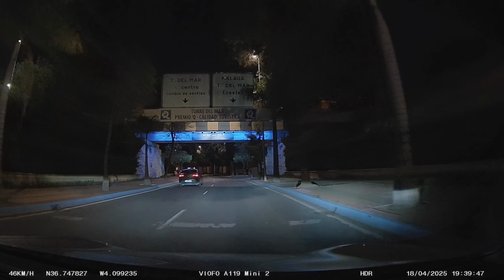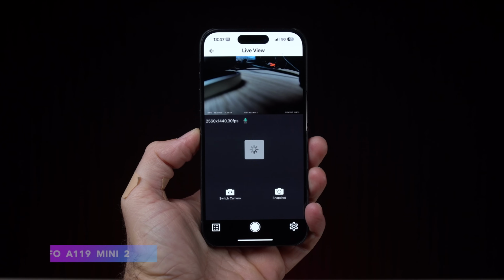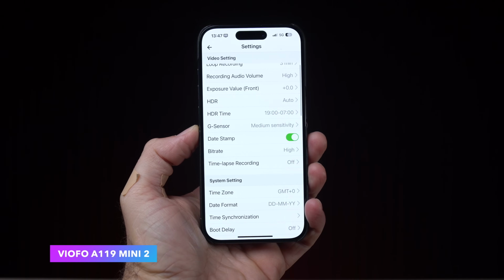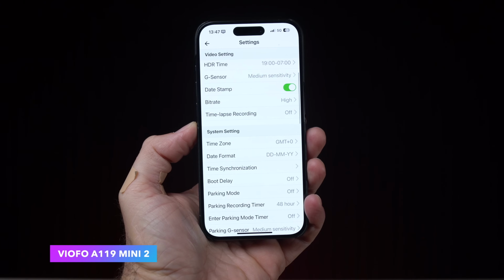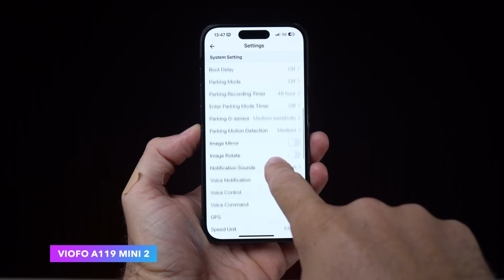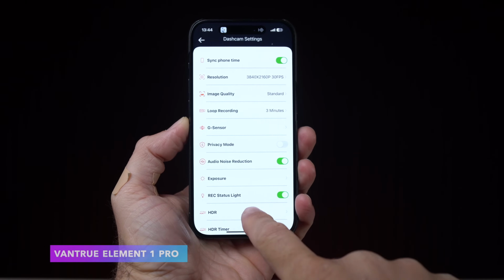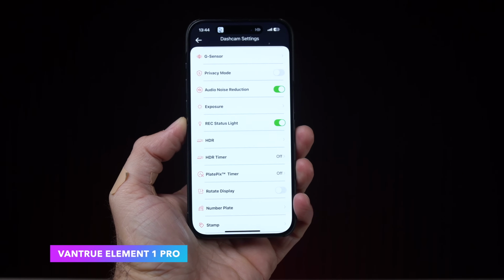from the app. Since we are talking about the app, well, all three dash cameras here have an application of their own. Now, the Garmin here does need an application to do any changes because, well, as you can see for yourself, there is absolutely no screen. There is nothing to see on this. So you always have to use the application for this one if you want to make any changes to the